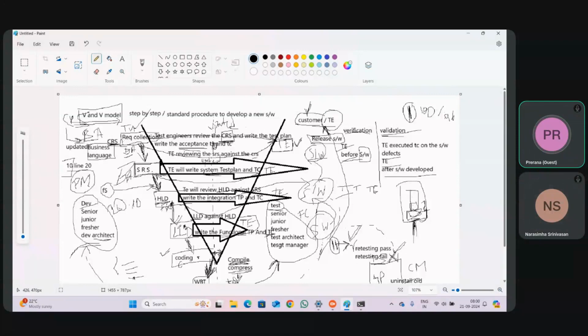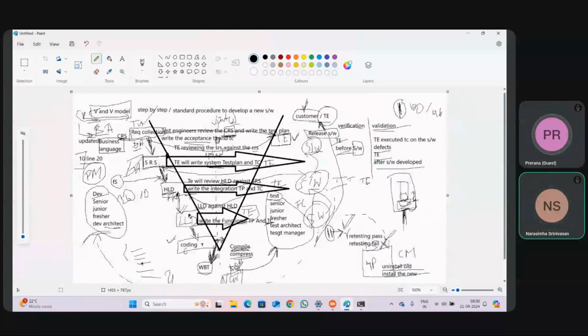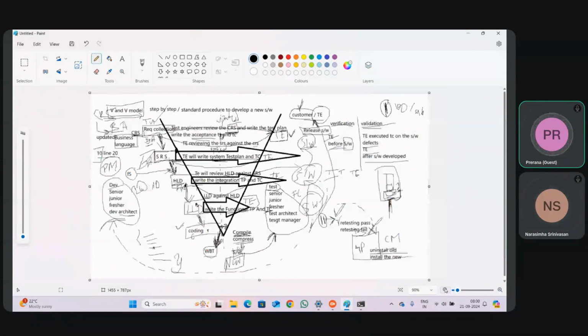Got it? So what you need to do now is take one screenshot. One second, wait. Okay, now take. Done? Yes, sir. I will give you the notes also because this process is too big, no?